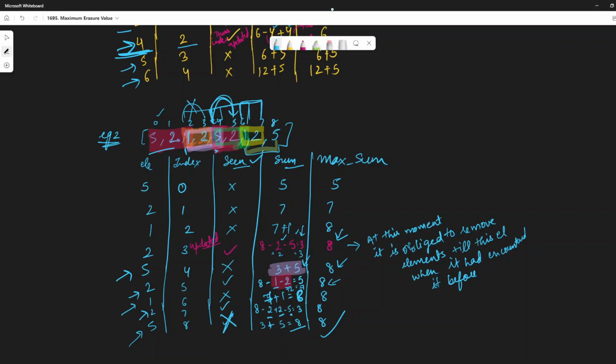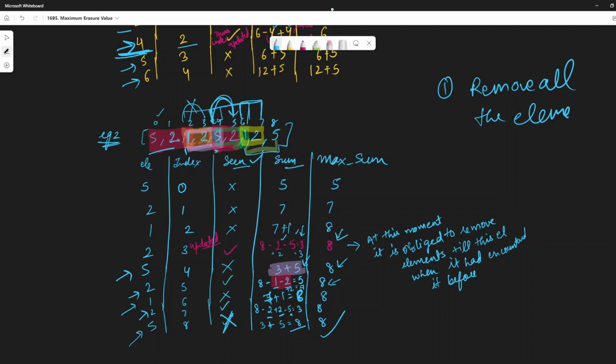The thing which is here is that, although the question is that we are required to just return the maximum sum, not that particular window from where we got the maximum sum, so it doesn't matter. So now as per the question, we got our answer, that is 8, and we would be removing all the elements. Now the main point of this was that we are required to remove all the elements,